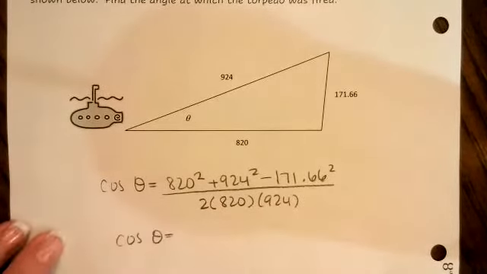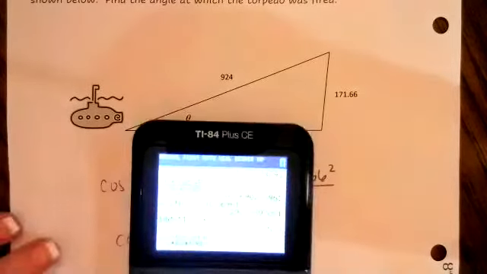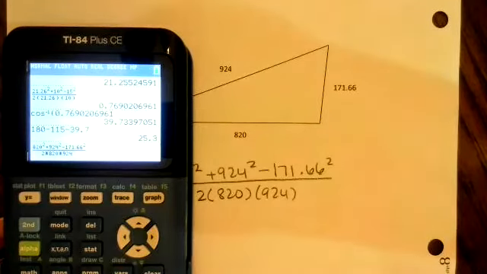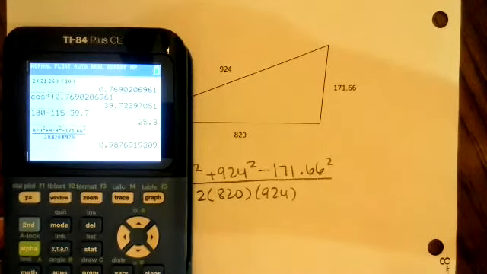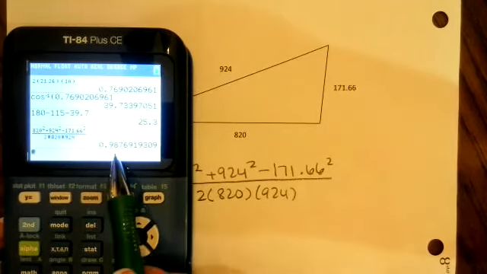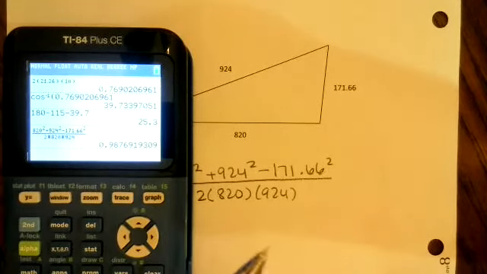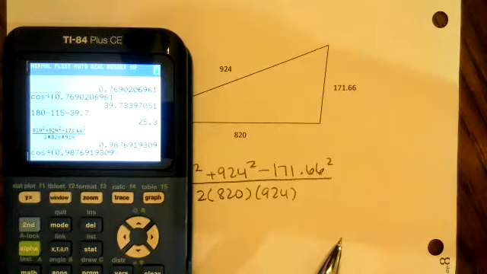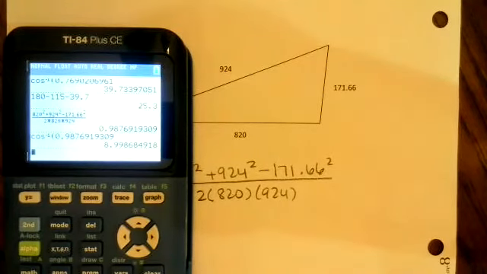So we get cosine of theta. We put it into the calculator just like before. Use that fraction line so that you're avoiding all kinds of order of operation issues. And so here it is on our calculator. We hit enter. And so that gives us our decimal value. And that's the one that we want to take the inverse cosine of. So I'm going to hit second cosine. And I highlight that and hit enter. That way I'm not using a rounded number. I'm using the entire thing. I hit enter and there is our angle,